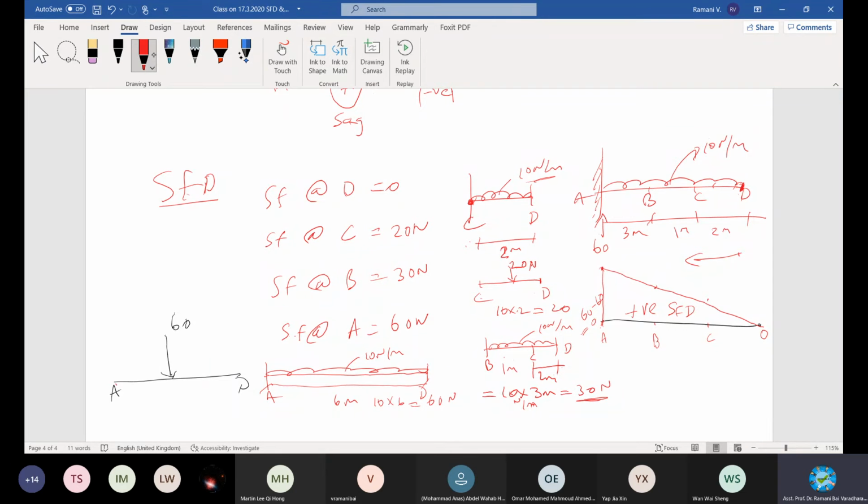Moving on, there is a UDL. I already told you how you have to calculate. It is given per meter run. You need to know the full load, complete load first. Just remember here at D is 0. And then coming to C, it's written here. At C, the load will be